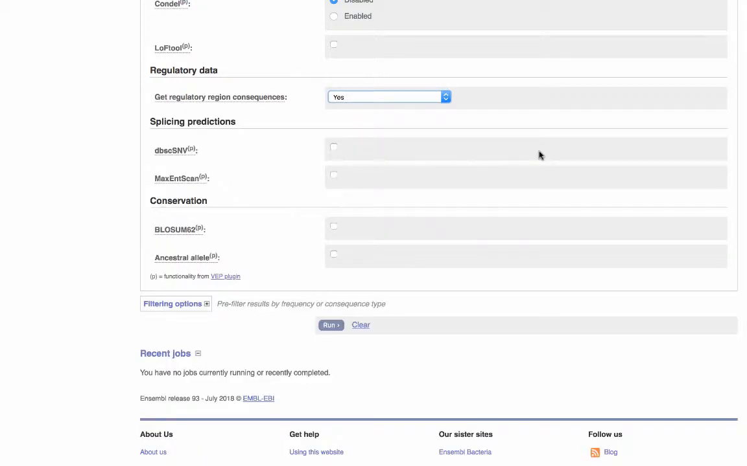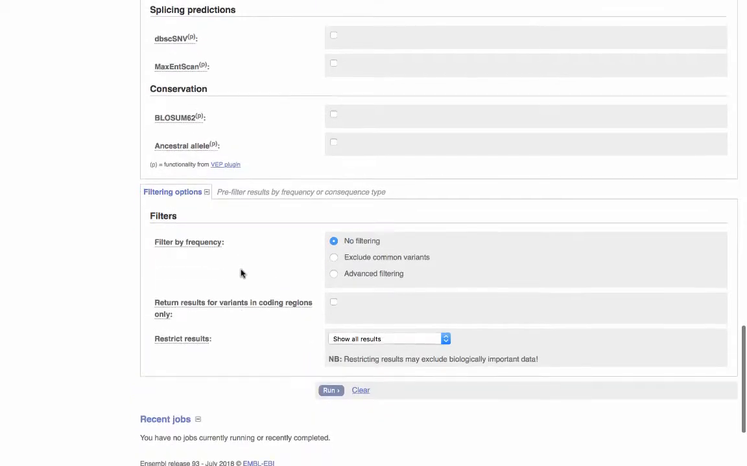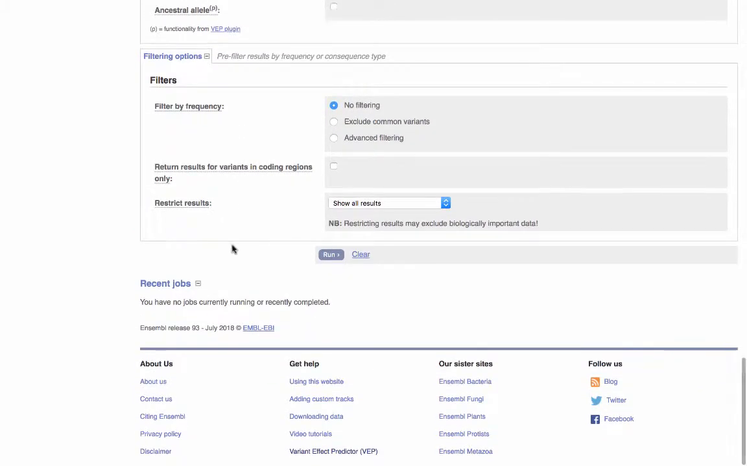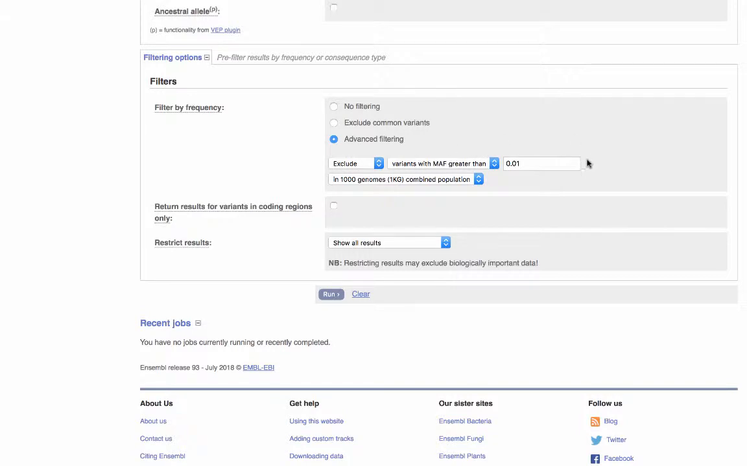And then there are some more plugins here, which I'm not going to go through too much, but looking at splicing predictions and conservation. And finally, we come to filtering options. So this first option is about filtering by frequency. So you may want to exclude common variants if you're looking particularly for ones that you think to be rare. And this will take it down to those which are in less than 1% of the global population based on the 1000 Genomes Project. You can set this to any specification that you'd like though, so you can do it from the combined population within certain